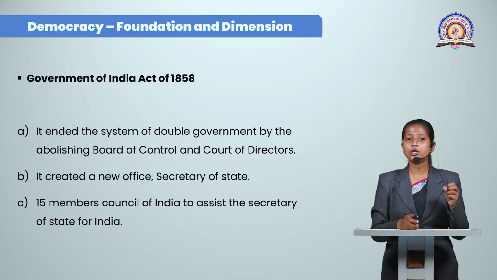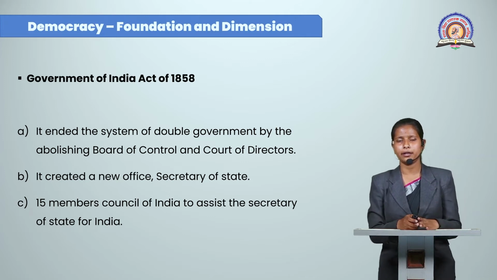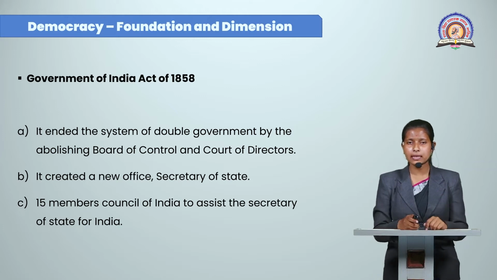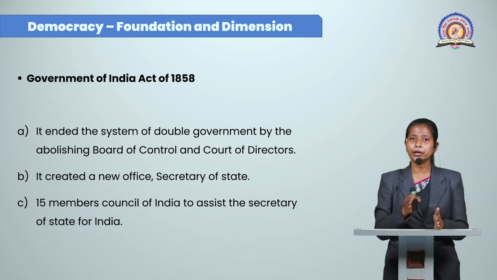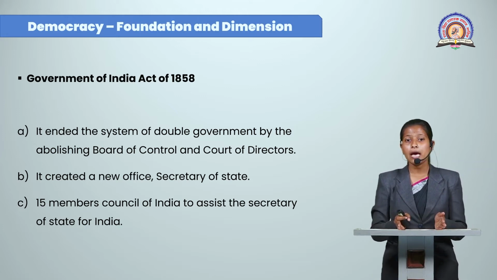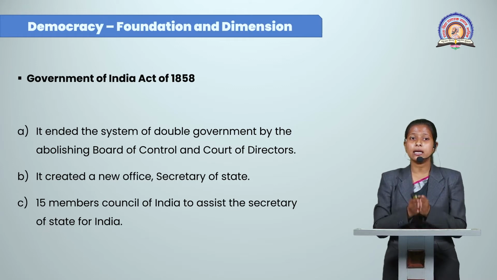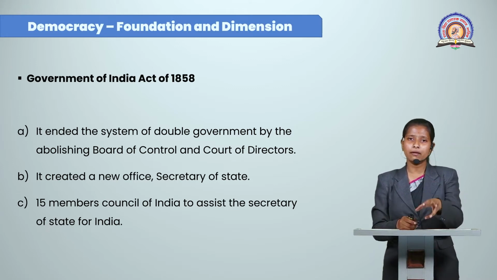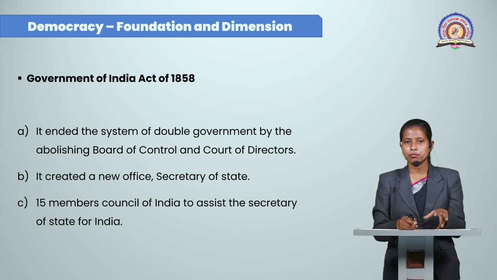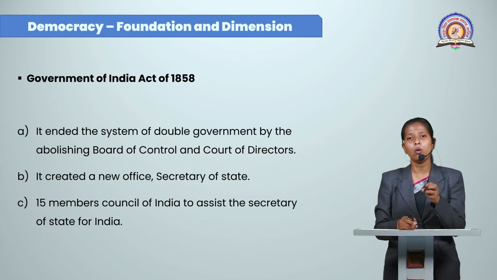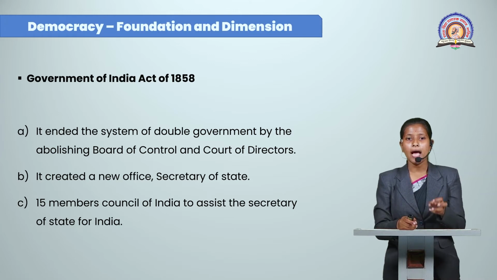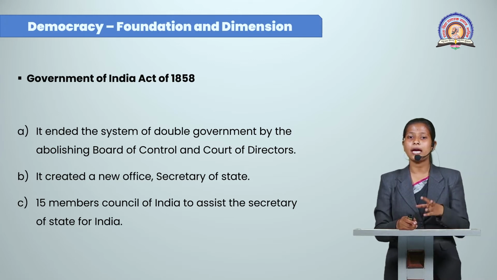It ended the system of double government by the abolition of the Board of Control and Court of Directors. As we have learned, by Pitt's India Act the commercial and political affairs were distinguished, and the hierarchy government was formed. But with this Government of India Act 1858, this double government was abolished, meaning the Board of Control and Court of Directors was abolished, and it created a new office,